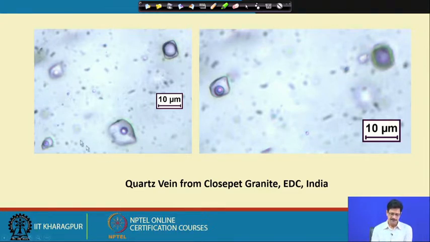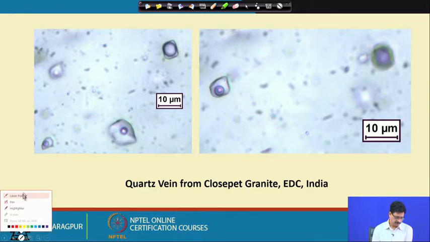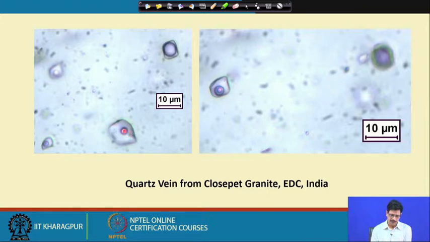Here this is an inclusion assemblage. Generally we use the term inclusion assemblage, and I will come to this particular word when we discuss more about fluid inclusion petrography. So we see these two inclusions, one here and one there, and this particular one, which is a little out of focus, is also an aqueous carbonic inclusion, where this part here is the carbonic liquid, within that having a carbonic vapor, and the one which